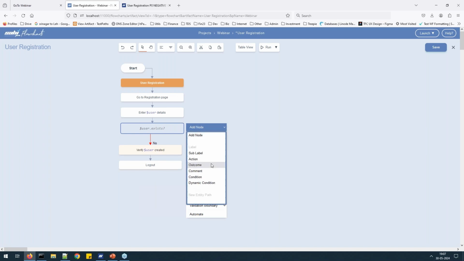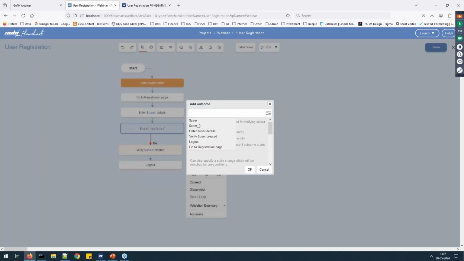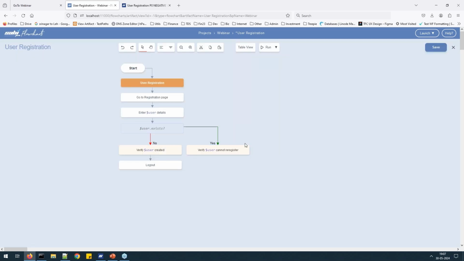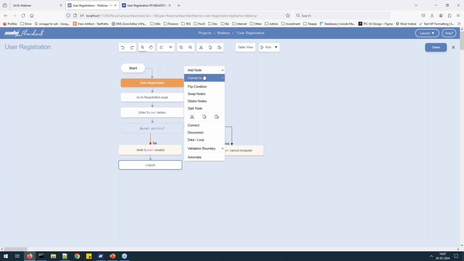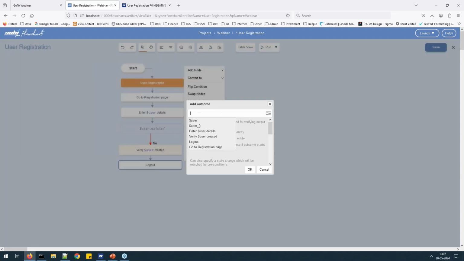We'll add an outcome saying, verify $user cannot re-register. Now we're saying enter the user details, and if the user already exists, verify that the user cannot re-register. Now we need to add one more thing, which is to add a node of an outcome to say